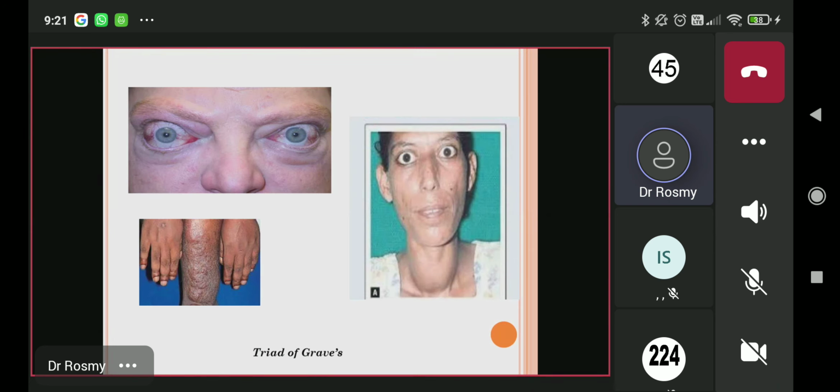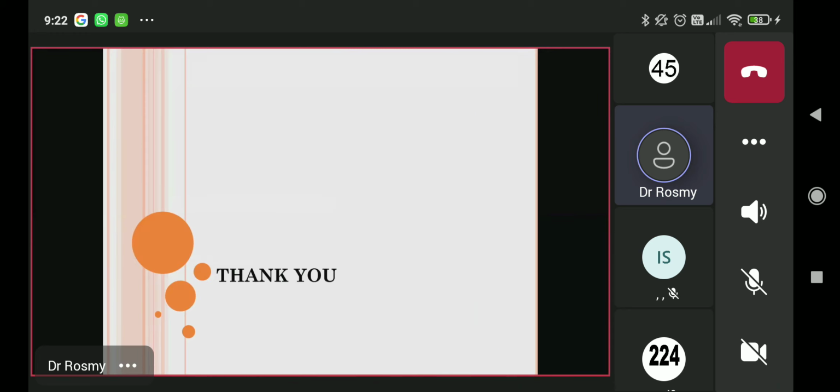So here I have shown you a picture. This is the Merseburg triad. If you see the patient, big eyes, this is exophthalmos. Okay, a staring look is there. And if you see the neck of the person, there is a goitrous enlargement. Ophthalmopathy is there. And next I have shown a dermopathy, dry. There is pretibial myxedema. This is what pretibial myxedema is. So this is what will be there. This is the triad of Graves' disease.